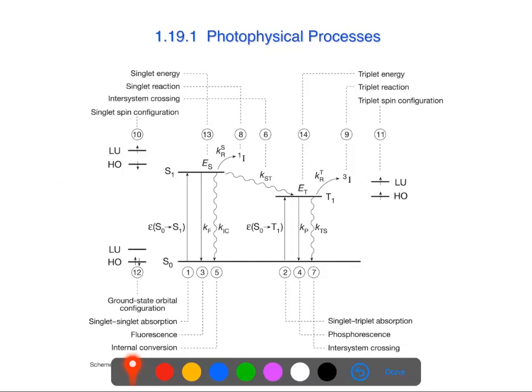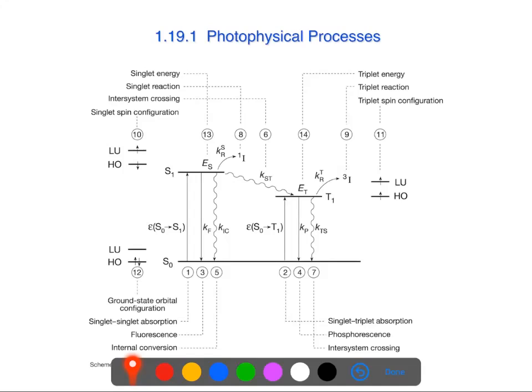What's also shown to the left and right of these states are the electronic configurations in the various orbitals. So again, the S0, we have a fully filled HOMO level. In the singlet excited state, we are promoting one of the electrons into the lowest unoccupied molecular orbital. And for the T1 state, the triplet state, we have a spin flip of that electron in the lowest unoccupied